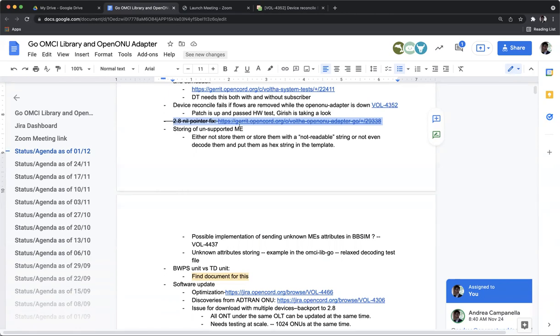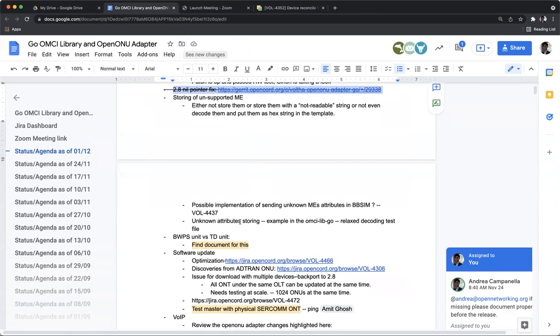Then this 2.8 patch got merged for the null pointer exception. That's good. The storing of the unsupported MEs is not being implemented in BBSim, but the patch for storing them has been done, right, Holger? We merged it last week.